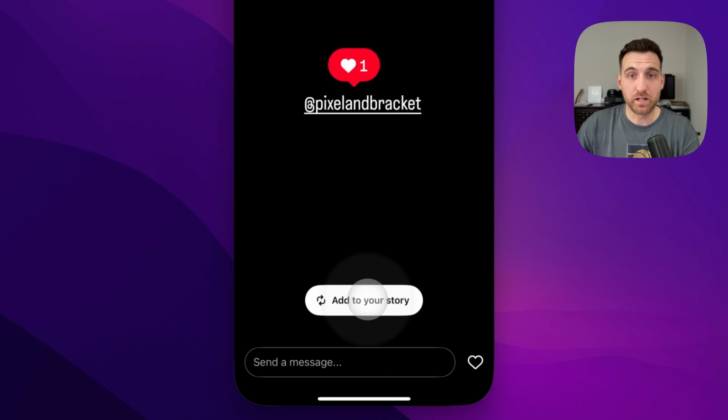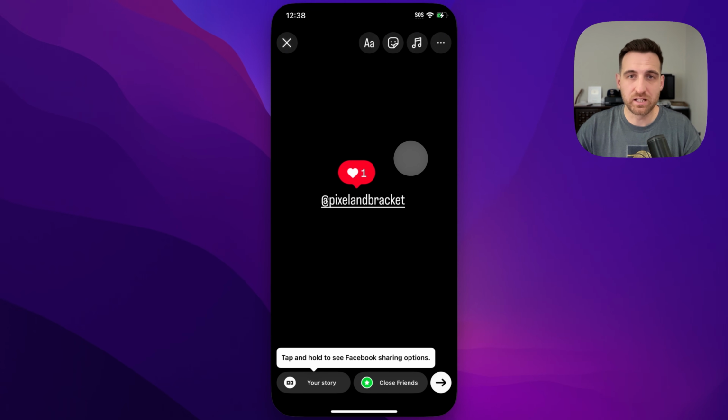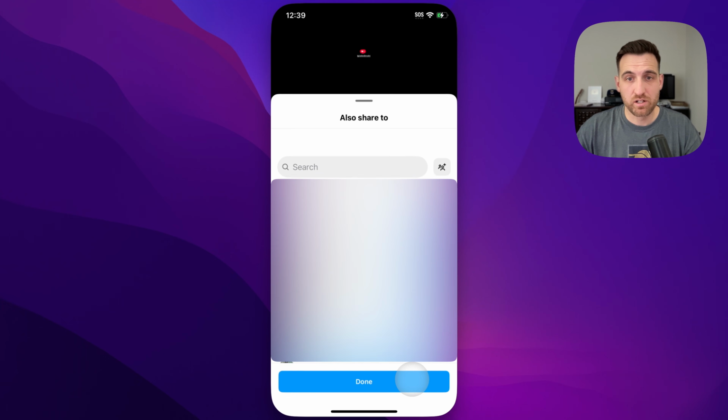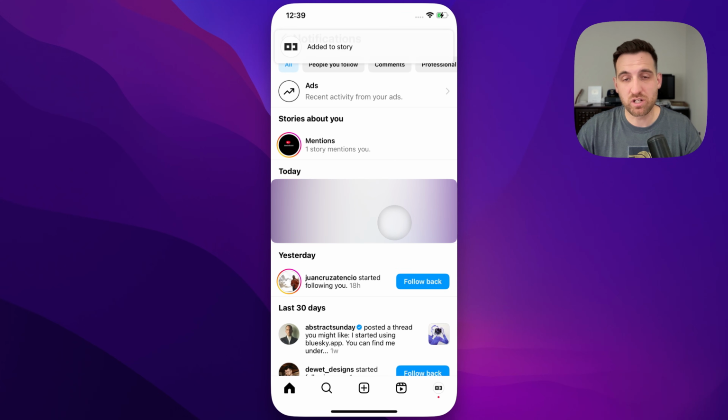I can click on this button and I can actually add it to my story. If I want to add it full screen, I should be able to just tap on this again. It'll take that story full screen, and then I can come down here and just share it. And I can share it with my story and click share. I can click done after that, and that's how you can basically share or